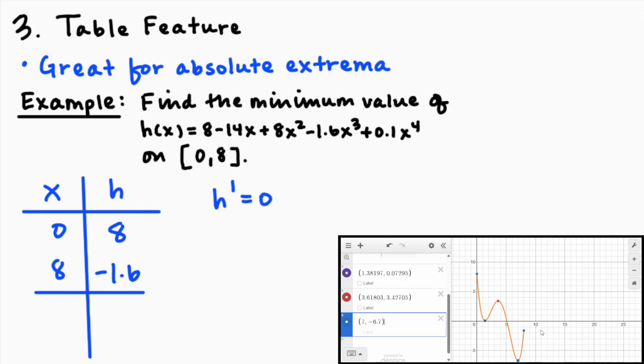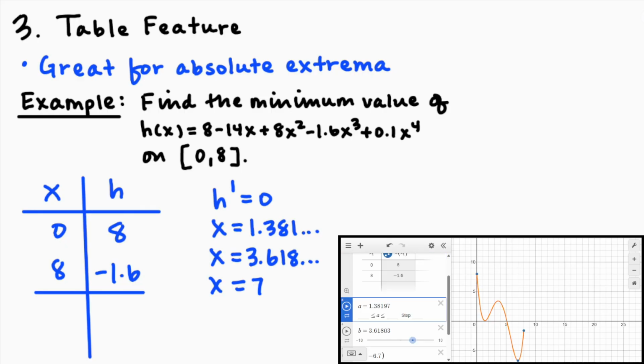And there we go. And if I do the same thing I did before, where I cut off the y coordinate and just rename these a and b, I can actually type in a, b, and 7. Now, I wouldn't necessarily recommend doing that on your sheet of paper, but